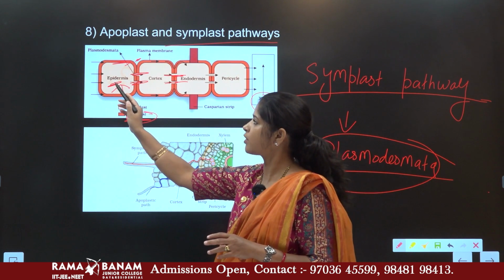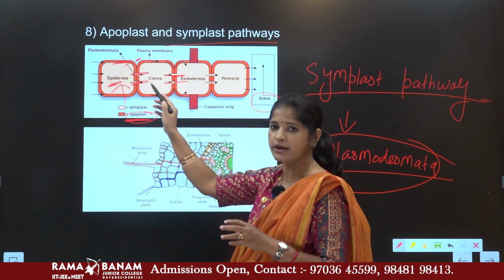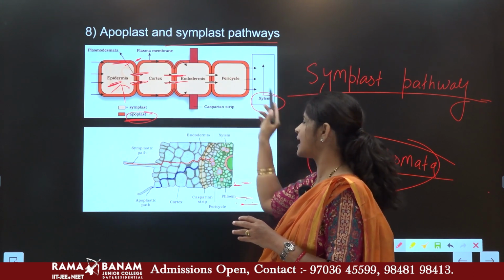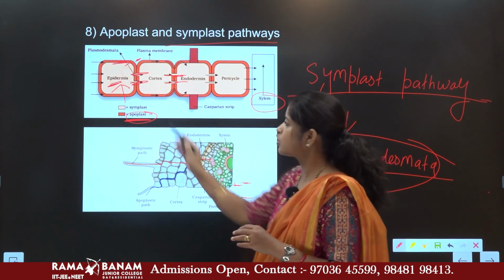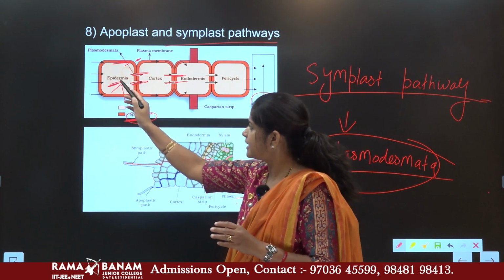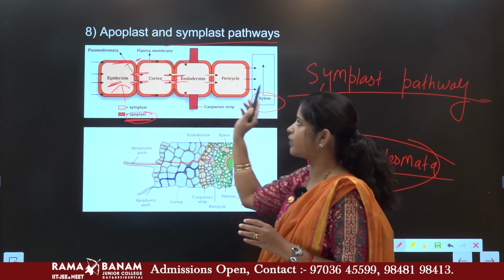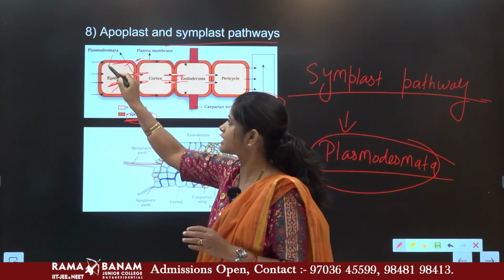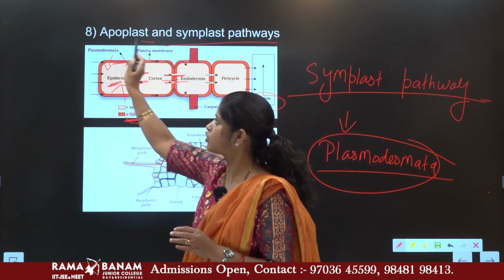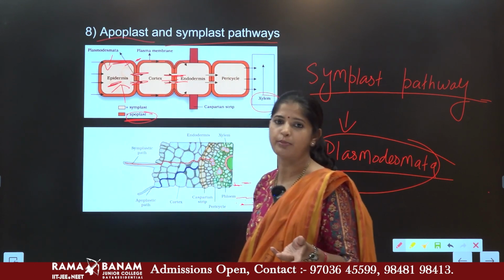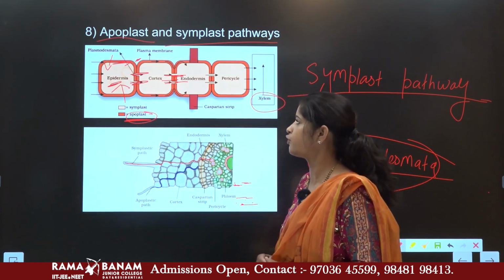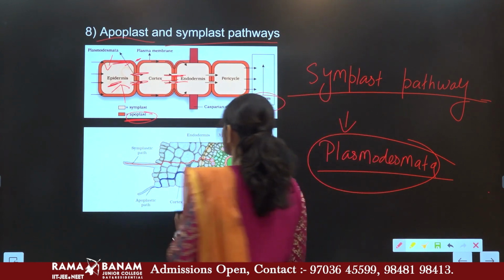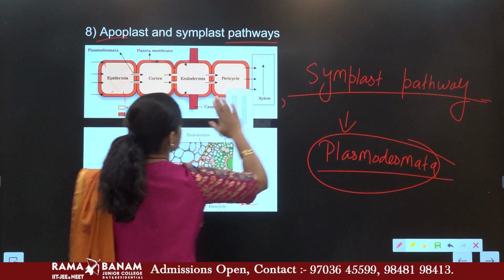So water moves from the protoplast of the epidermis to the cortex, and from the cortex it will go to the endodermis, then the pericycle and then to the vascular bundle. If water is moving inside the cell, then it is called the symplast, and water is not crossing the cell wall. When water is not crossing the cell wall, then that is the apoplast. Student, for the apoplast, one more point you must know is about